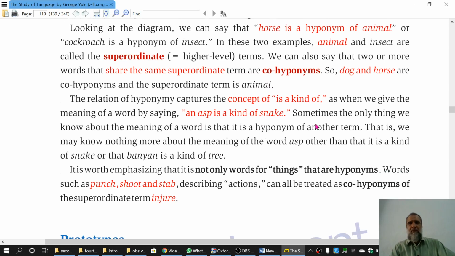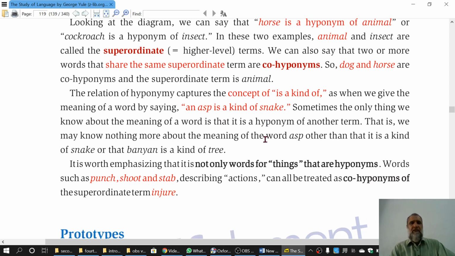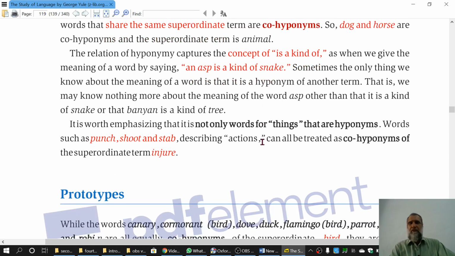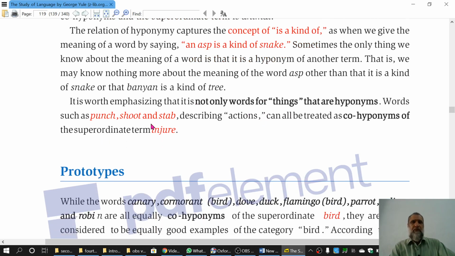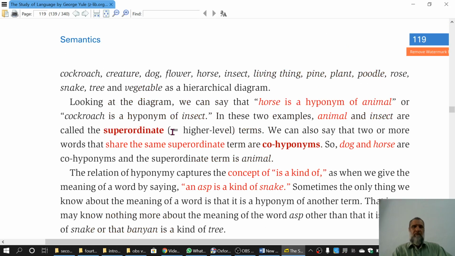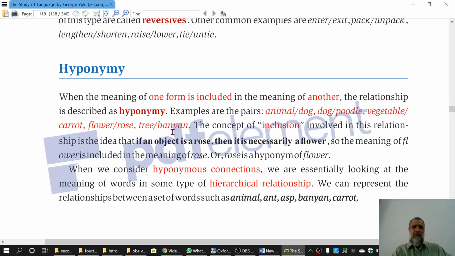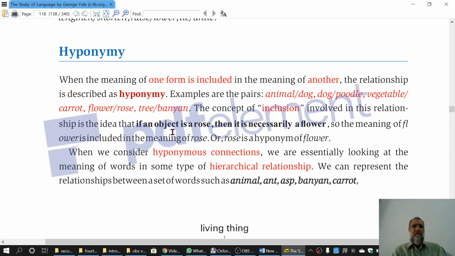एक और कॉन्सेप्ट इज ए काइंड ऑफ भी इस्तेमाल होता है। मतलब हम कह सकते हैं एन एस्प वाज ए काइंड ऑफ स्नेक, या वेजिटेबल इज ए काइंड ऑफ प्लांट। ये सिर्फ नाउन्स की बात नहीं है, बल्कि वर्ब्स और अल्फाज भी इस तरीके से इस्तेमाल हो सकते हैं। जैसे पंच मारना, शूट पिस्तौल से मारना, स्टैब चाकू से मारना, ये सारे इंजर के को हेपोनिम्स कहलाएंगे और इंजर इसका सुपर ऑर्डिनेट होगा। मैं इसको पढ़ के सुनाता हूँ आपको जल्दी जल्दी, और हम यही कर सकेंगे इस वीडियो में।